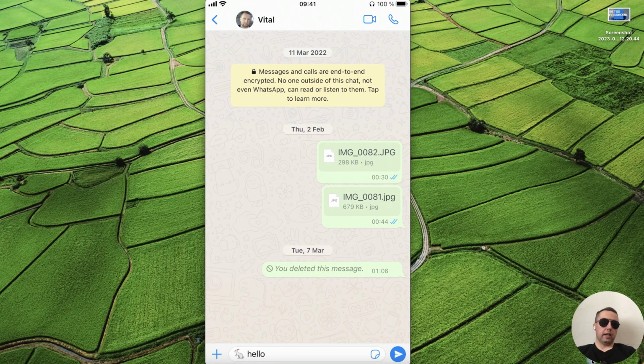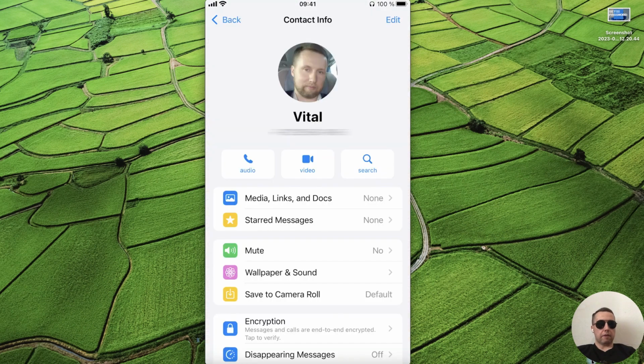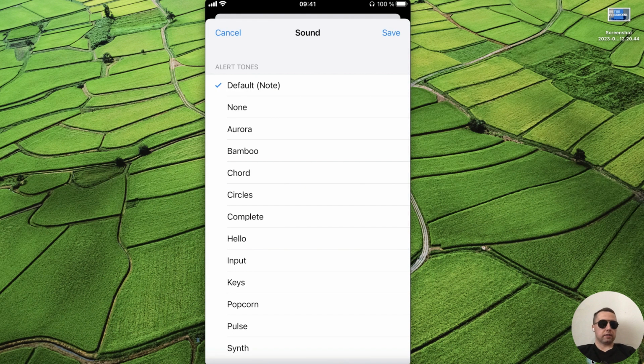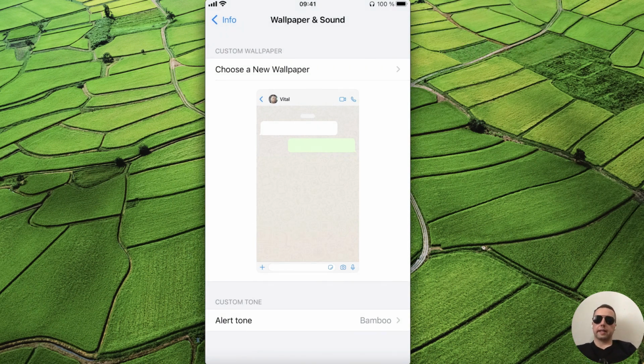The first way is to use WhatsApp settings. Select any WhatsApp chat, next tap on your friend's name. After that, select wallpaper and sound. And here you will see the alert tone item. Tap on it and select another alert tone for this contact. After that, tap on save at the top right of the screen, and now all messages from this user will